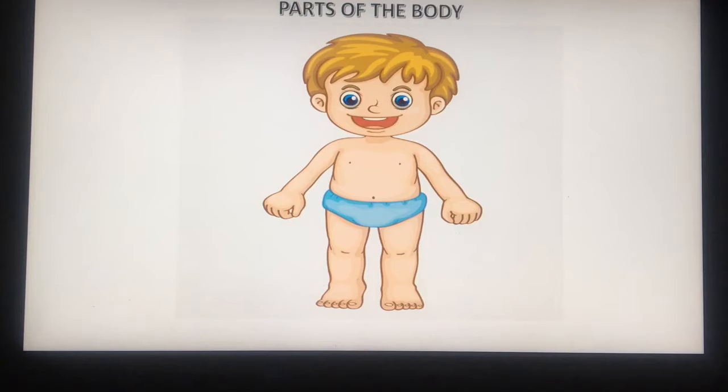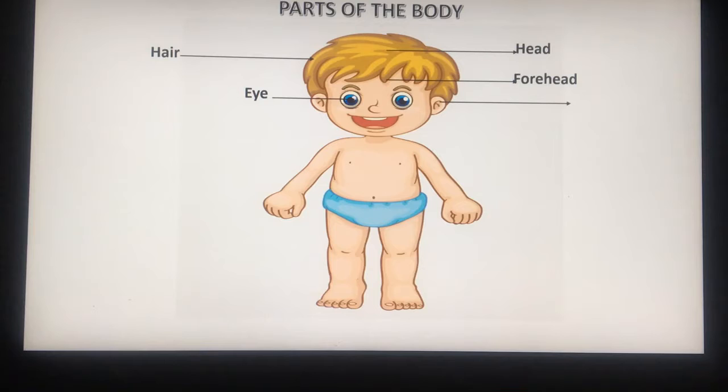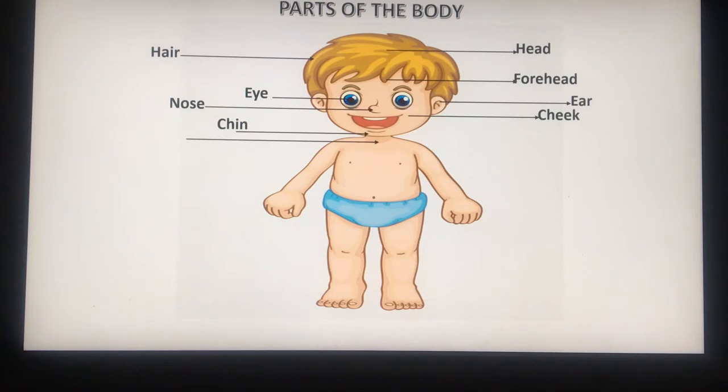Parts of the body: head, hair, forehead, eye, ear, nose, cheek, chin, neck, shoulder,